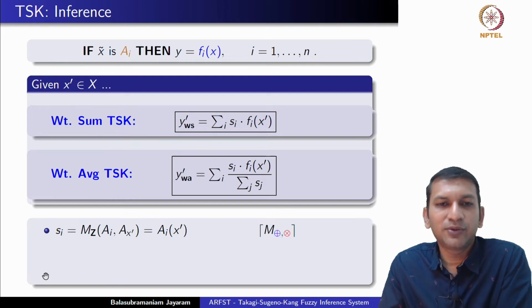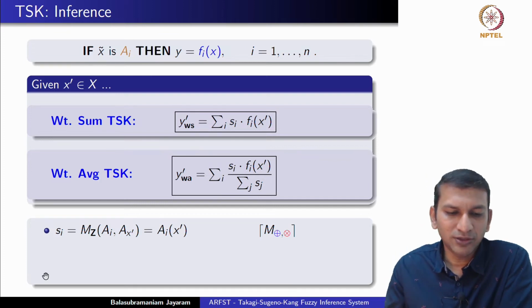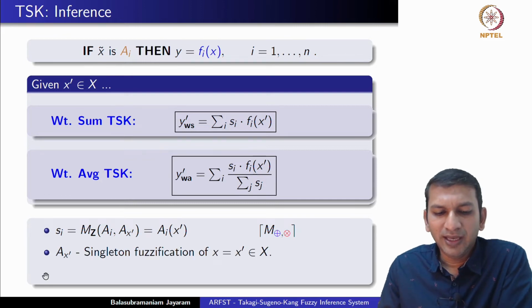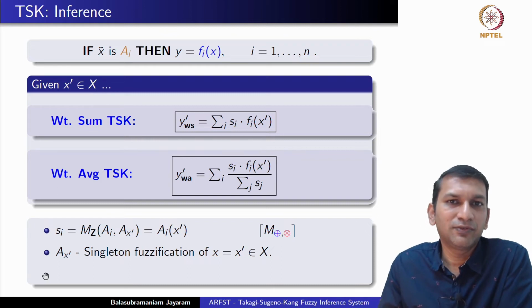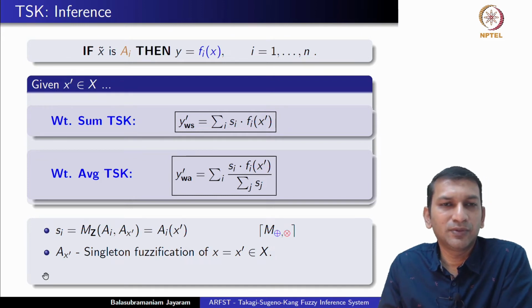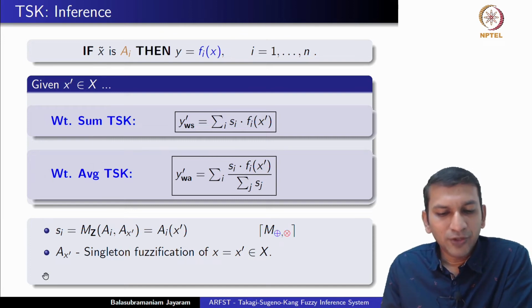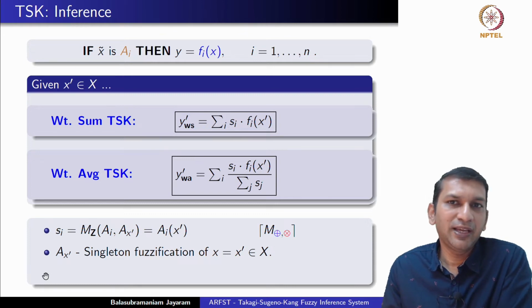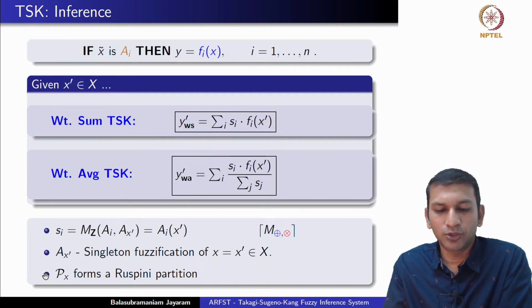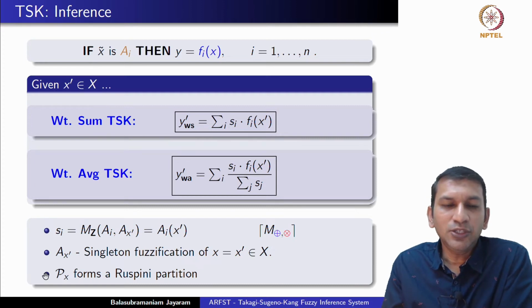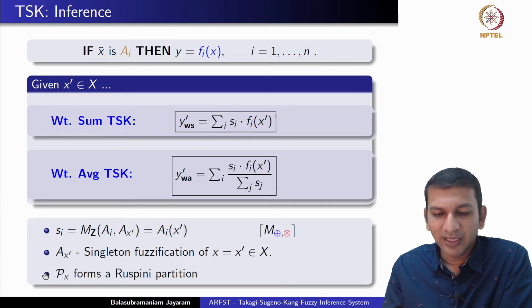Of course, you could use any one of that family of matching functions where you suitably change these two operations, plus and cross. Note that A of x dash here symbolizes the singleton fuzzified x dash. That means that x is equal to x dash, you are fuzzifying it in a singleton way. The corresponding fuzzy set takes the value 1 at x is equal to x dash and 0 everywhere else. And if you are using such a matching function where si is in fact Ai of x dash, if Px, the fuzzy covering on x, does form a Ruspini partition, and if each one of the fuzzy sets features in the antecedent of a rule, so essentially we have a complete rule base,